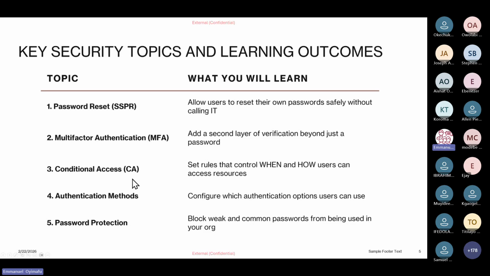And we are going to see password protection, how we can block weak and compromised passwords from being used in our org. We'll see how we can block all this, because if you allow some people, they can use the name of their husband or their father's name as a password, which is no good. Somebody can use psychology and guess, okay, what is this person's father's name? If your father's name is, let's say, Itoje, they can guess Itoje145, Itoje256. They can even use a random checker to generate random numbers that could guess that particular password. Unfortunately, they may get it.